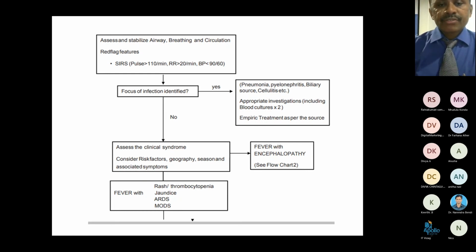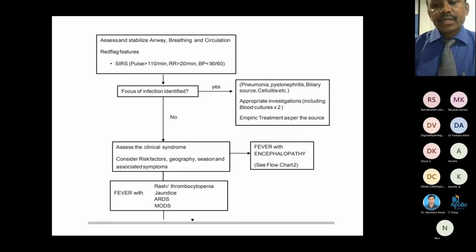So where is the focus of infection? Are you able to point your finger at a particular area of the body? Then you would direct the treatment towards that particular area. Like you have pneumonias, pyelonephritis, biliary tract as a source of infection, or cellulitis, or some